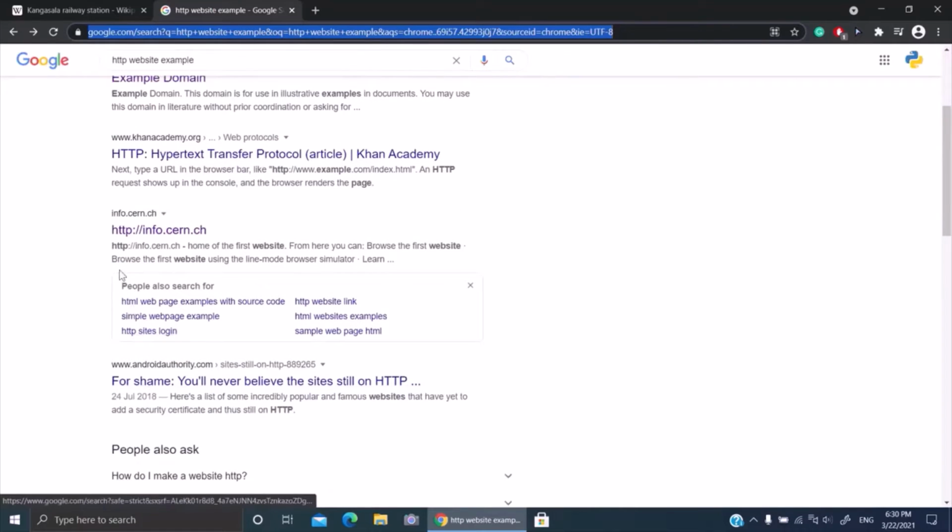There is no certificate for security. So HTTP and HTTPS, in summary, are just a way that tells your device how to contact the